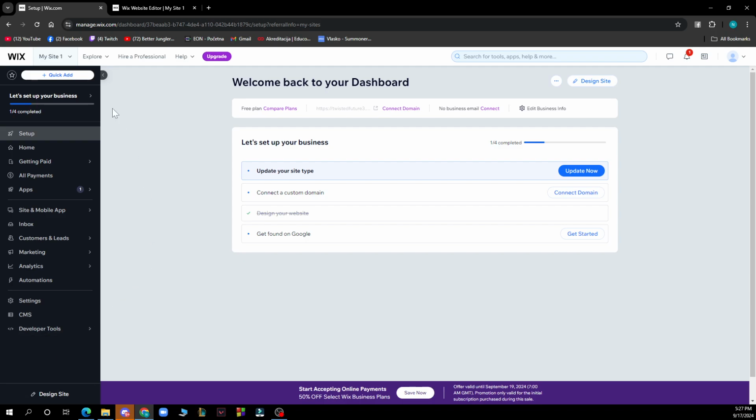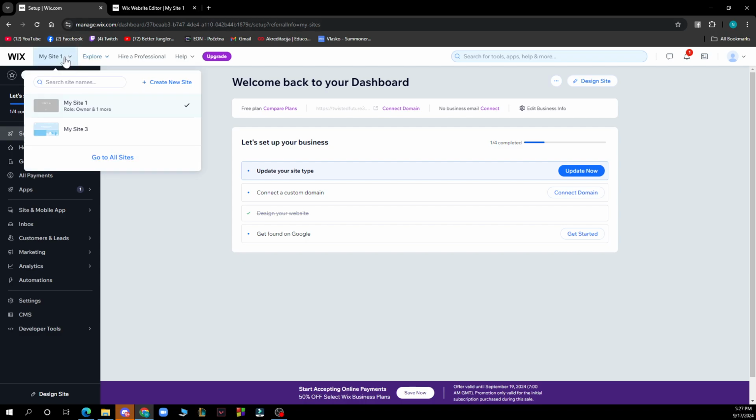But now guys, let's see what we actually have in front of us here. On the top left corner, we have your sites where you can check out all of your websites. We have the setup, home, the settings, the design site and the dashboard, as you can see where we are at the very moment. Now let's see how you can use the editor toolbar to adjust elements on Wix. To adjust elements on your website, which you can enter by clicking on the top left corner as we told you,